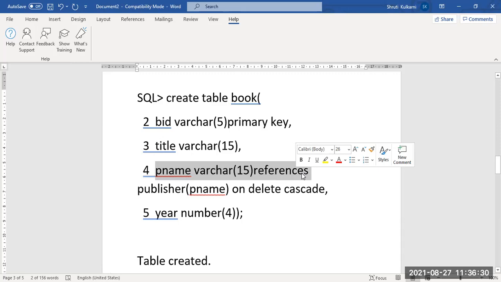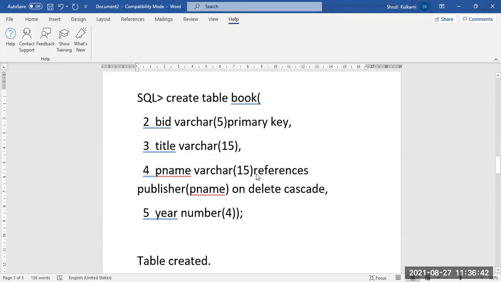If you have forgotten to add the foreign key, in alteration you have to say it. You directly have to go on writing references here. References means which table you are going to refer to. Publisher name is present in the publisher table, followed by the parenthesis in brackets. You are supposed to tell from that table which column you are referring to. So for that purpose, you have to provide the publisher name.